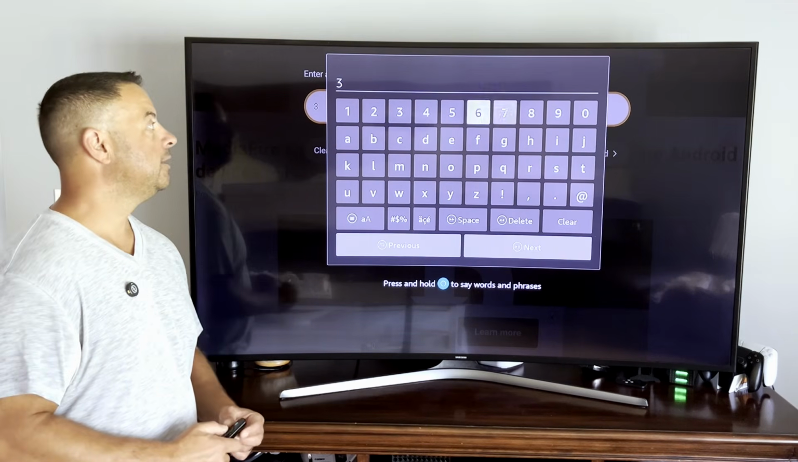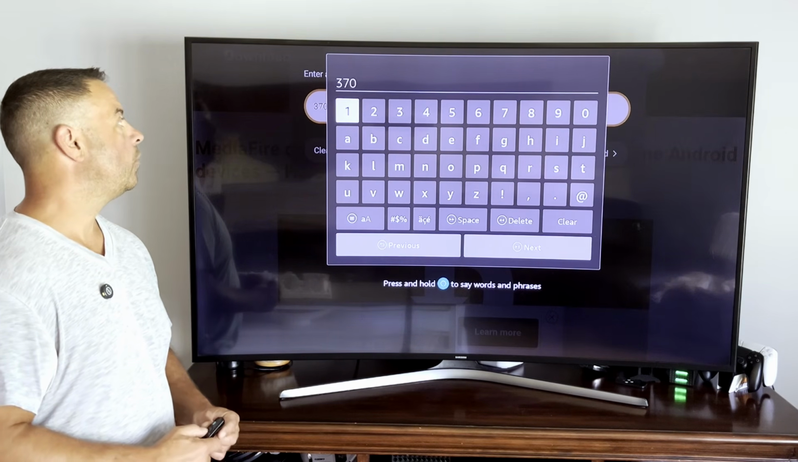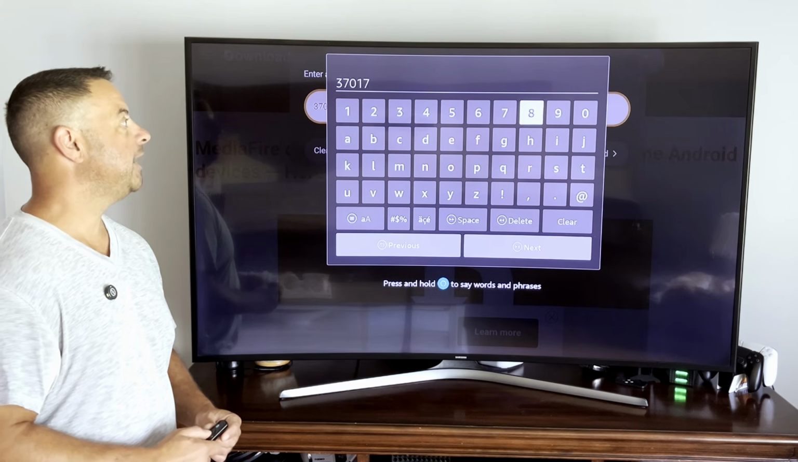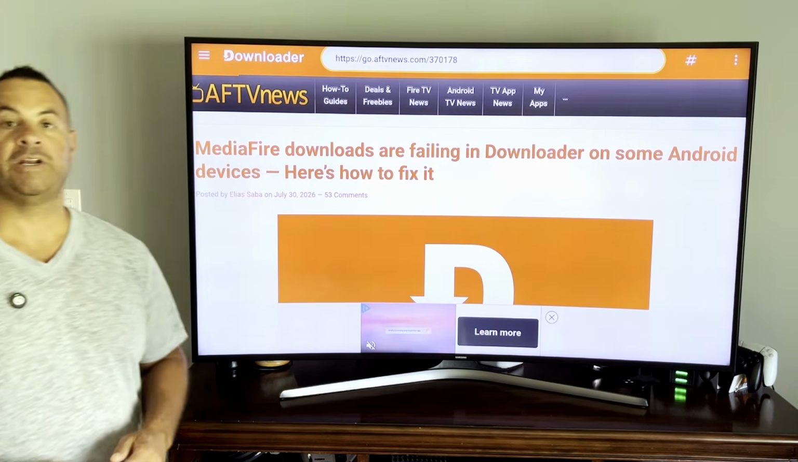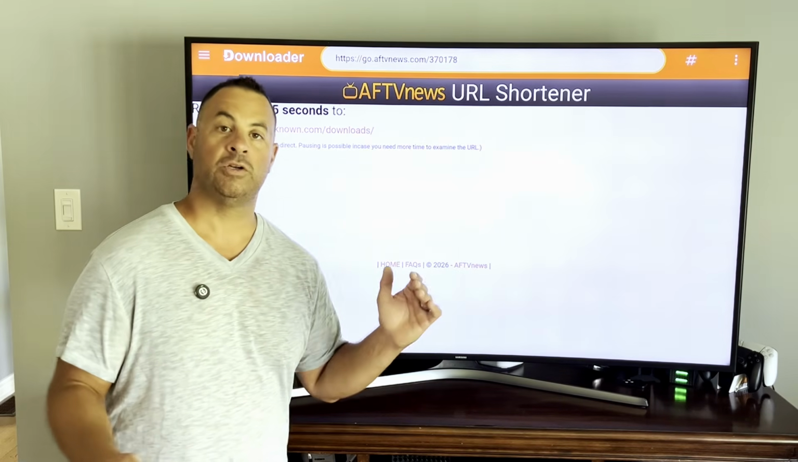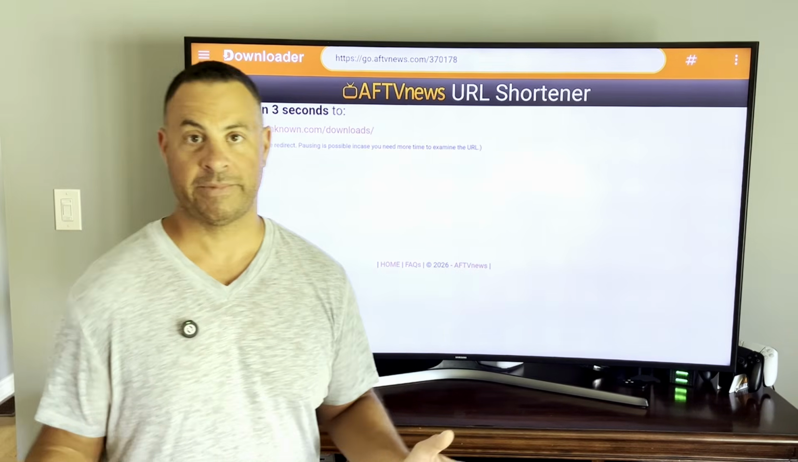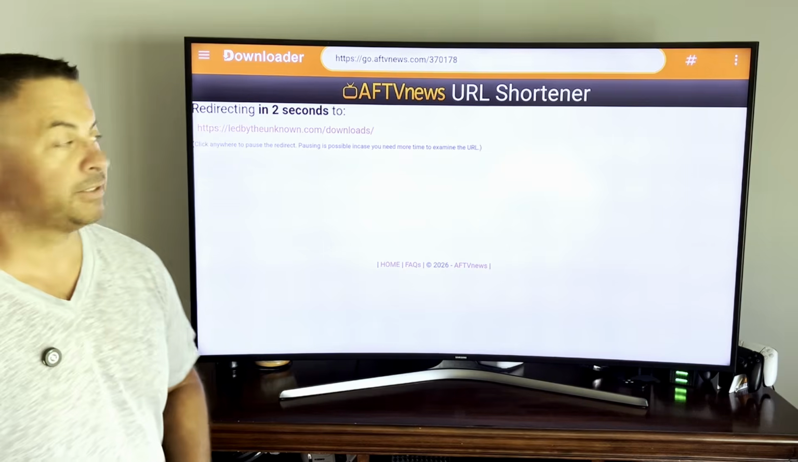370178. Come down and click next. This will redirect Downloader to go right to the Led by the Unknown's website for us to get these awesome